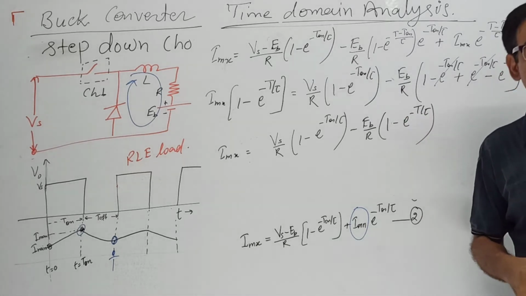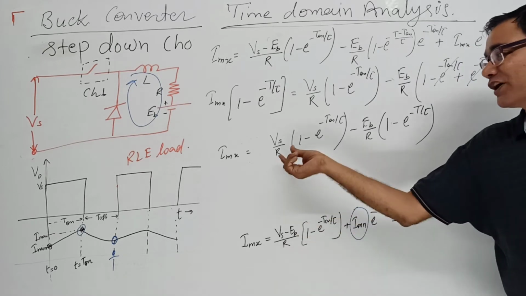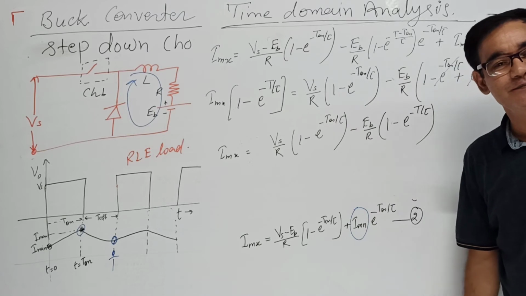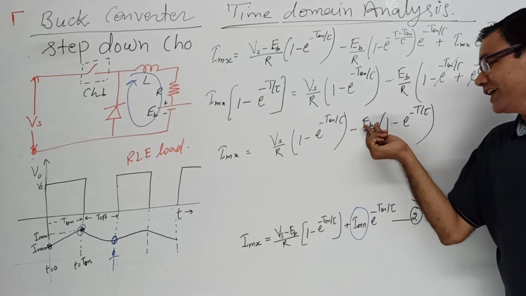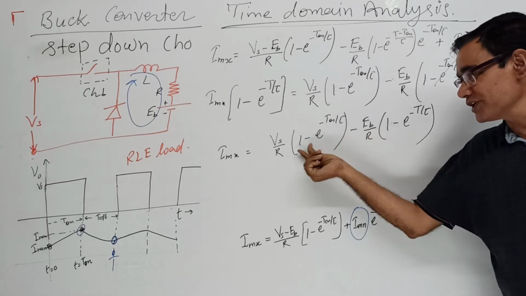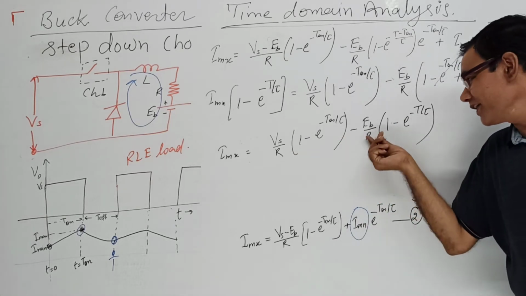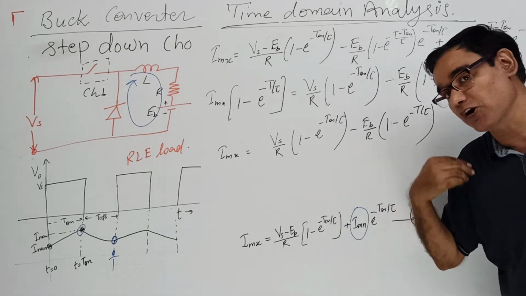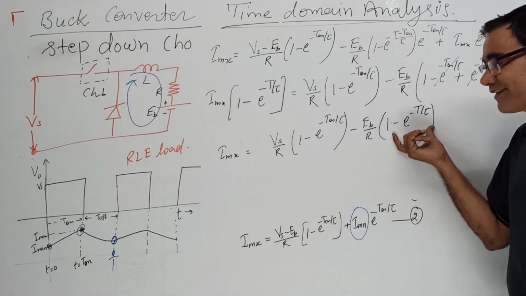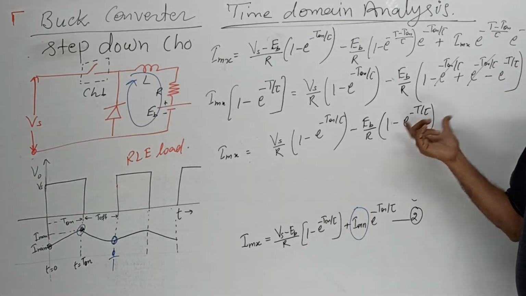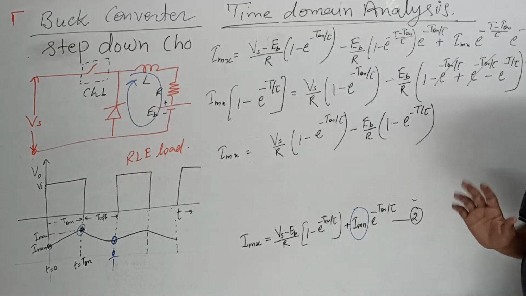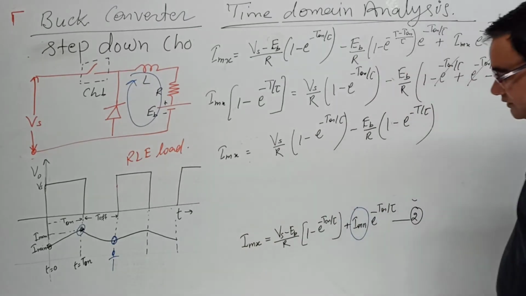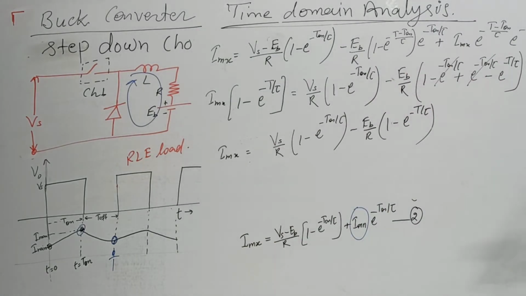You know what it indicates? It indicates that Vs upon R, the source voltage, remains for the on cycle, and EB upon R, this voltage opposes the source voltage, and it remains for the total cycle, means the total duration, in the on and off both parts. Definitely it is the right one. Very good equation, very fundamental equation. We'll go from this. So now this Imx we will put over here, then we can find out the Imn.